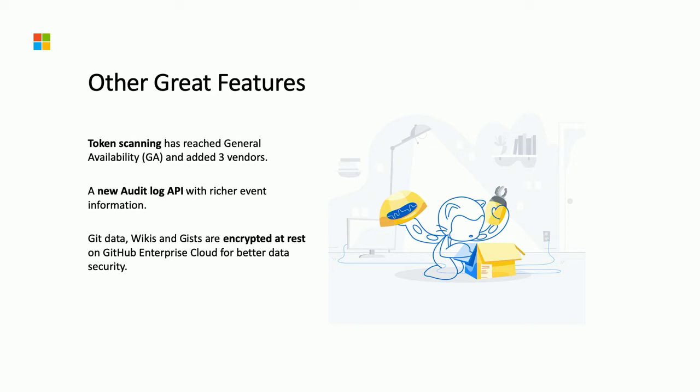So token scanning is hugely important. And if someone does get access to your source code tool or any of your log files, anything like that, sometimes if we do accidentally push our tokens, it would be available there too. So by enabling token scanning, when your developers are actually pushing code, and blocking the push or invalidating the token, we eliminate a lot of future headaches and possible intrusions like we've seen.